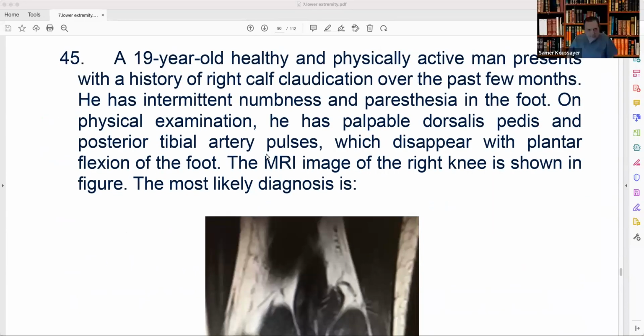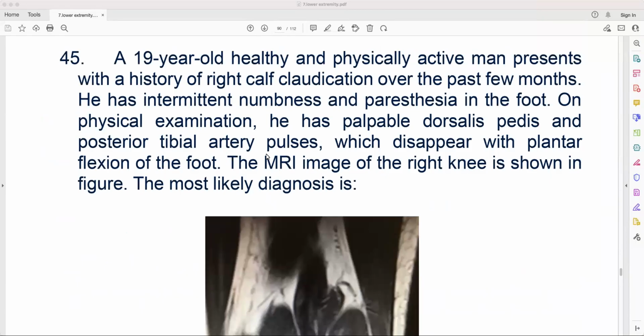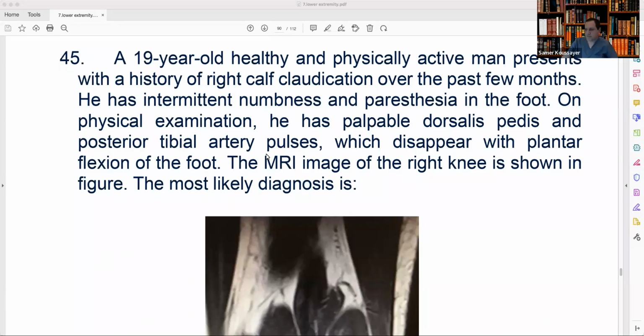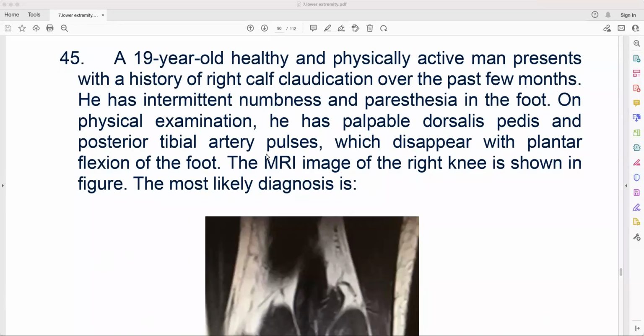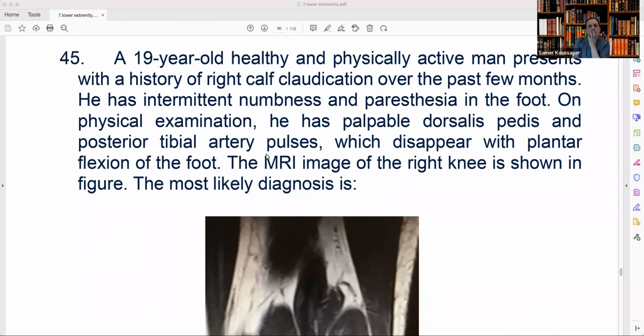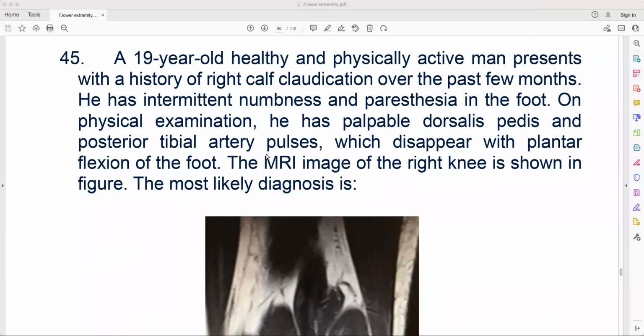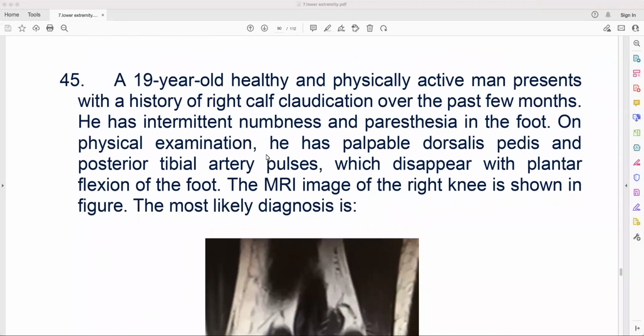Fine. All right. A 19-year-old, healthy and physically active man presents with a history of right calf claudication over the past few months. He has intermittent numbness and paresthesia in the foot. On physical examination, he has palpable dorsalis pedis and posterior tibial artery pulses, which disappear with plantar flexion of the foot. An MRI image of the right knee is shown in the figure. The most likely diagnosis, I think we are talking about